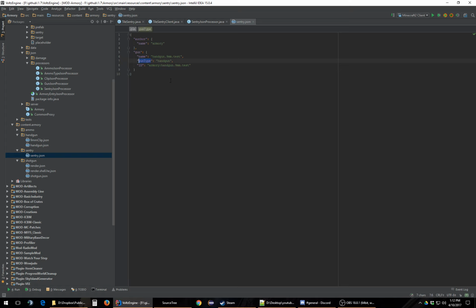So this is going to be gun ID. We're going to do ID here. So this is going to be armory.sentry.test. Then we're going to just name it Sentry.test. This is used for localization, by the way, is what names are used for. Then we got the gun ID, so this is the minimum. We're good, we're done. I do need to do a render for it, so we're going to copy this